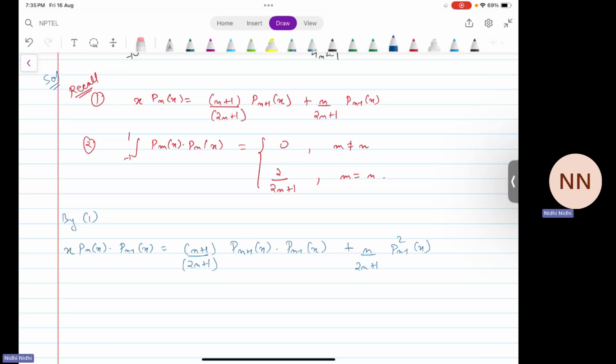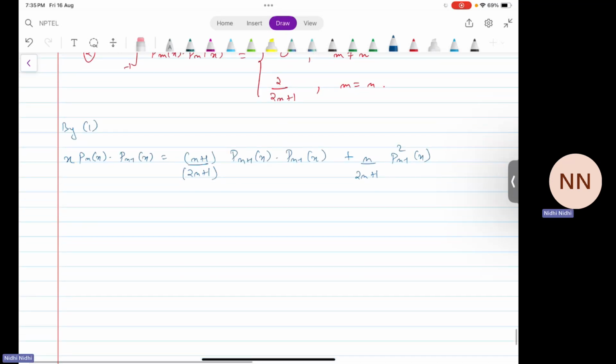So this gives us the integral from -1 to 1 of x Pn(x) times Pn-1(x) is equal to, now the integral of this term will be 0 because n minus 1 is not equal to n plus 1, 0 plus, this is just a constant, n/(2n+1) times the integral from -1 to 1 of Pn-1 squared of x,